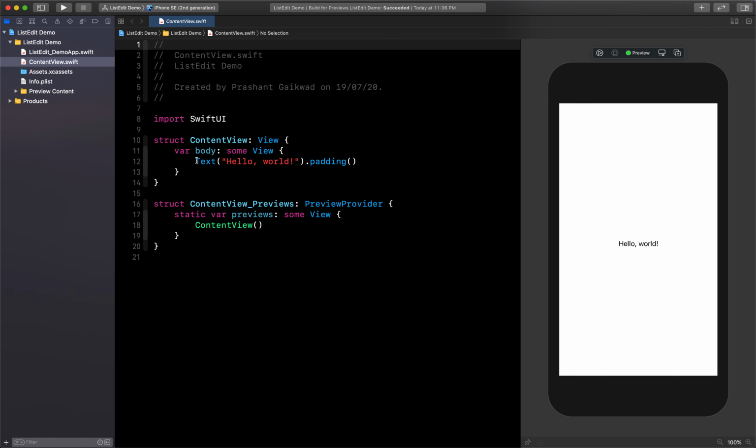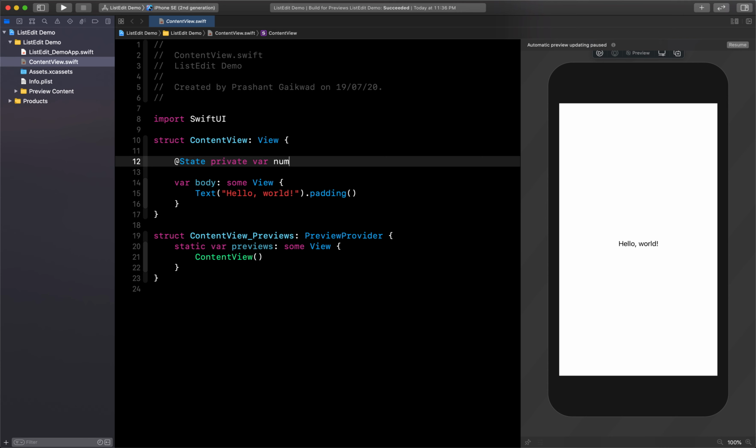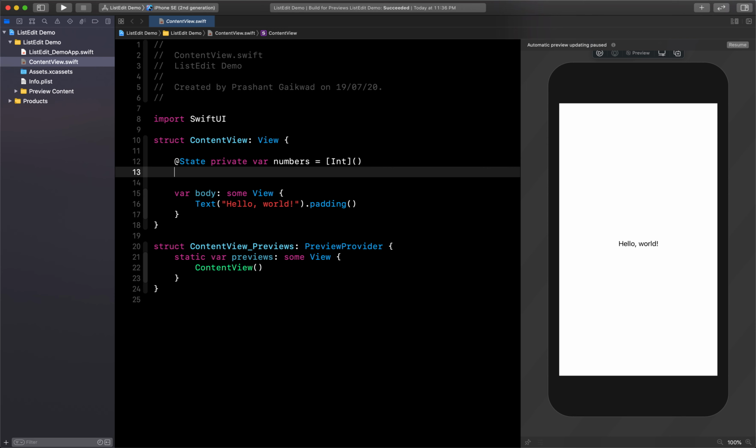So let's get started. First we need one array of numbers to display in the list. I will create it with a state property. It will be an empty integer array. Then I also need one more property to store the current number.